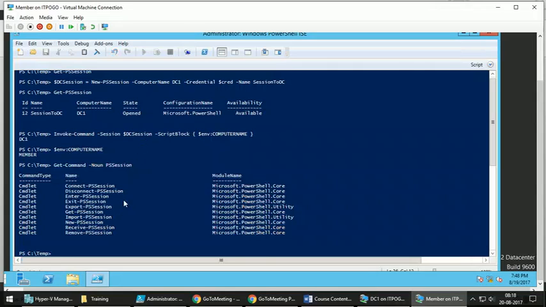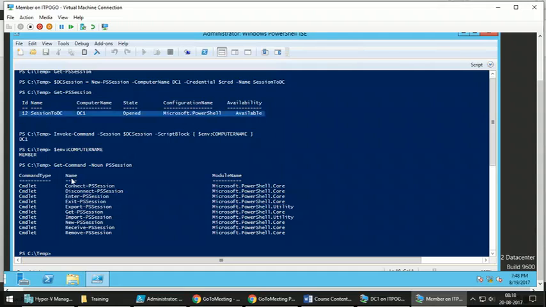Now after creating the session objects, you can disconnect it. See, currently the state is open. That means it is connected. You can disconnect it using Disconnect-PSSession. And there are a lot of things that you can do, like removing this connection from the list.